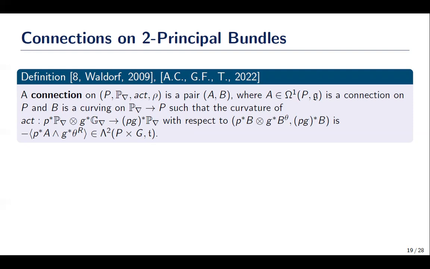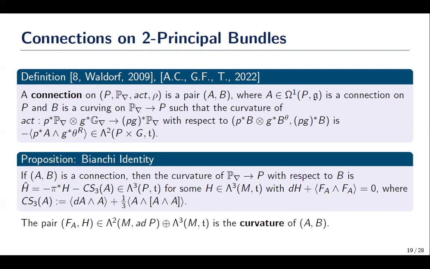So this is kind of requiring an equivariance condition on the 1-form, on the 2-form that defines my connection. And why have I chosen this specific 2-form? Well, I've chosen it because it gives me the following proposition. If (A, B) is a connection, then the curvature of this gerbe with connective structure, which is a closed 3-form on P,